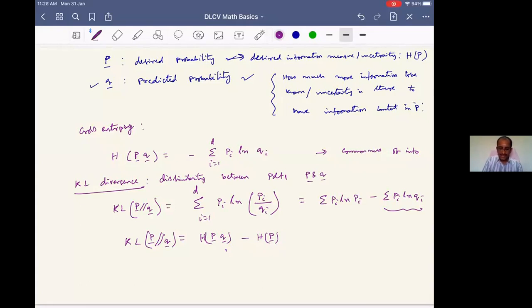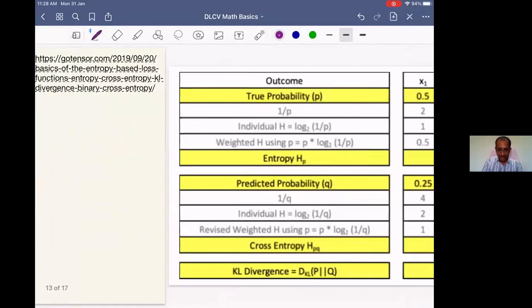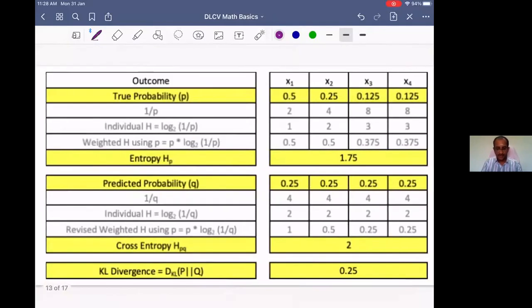Now let us see some examples of how we compute this. We have some examples where we have mathematically computed the KL divergence as well. I have taken some of these details from a reference for a better illustration of cross entropy and entropy and so on. As you can see, say these are the 4 possible outcomes, x1 to x4, and these are the corresponding probabilities of those outcomes. If we compute the entropy, it is what is seen here. And then the cross entropy